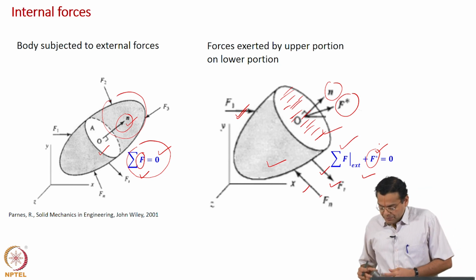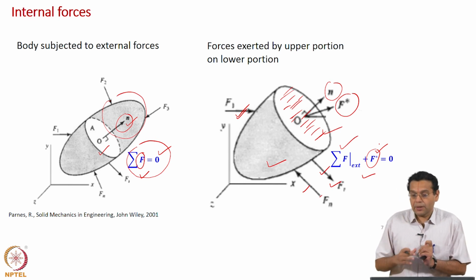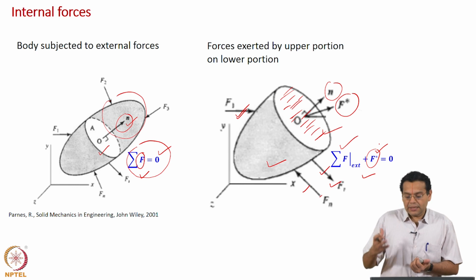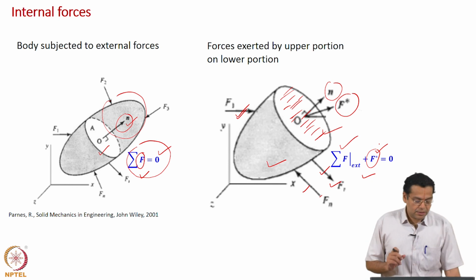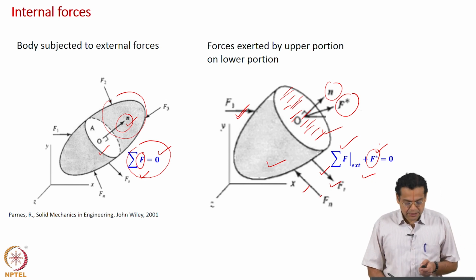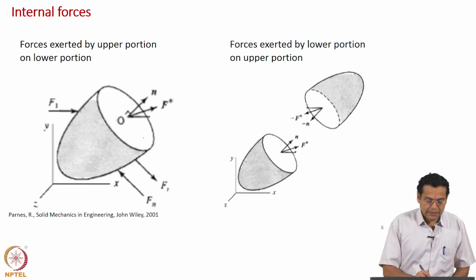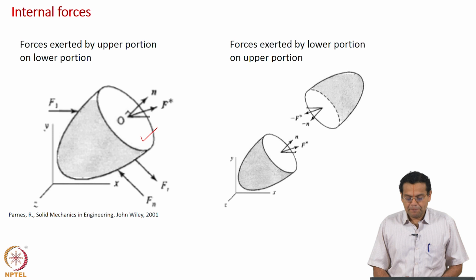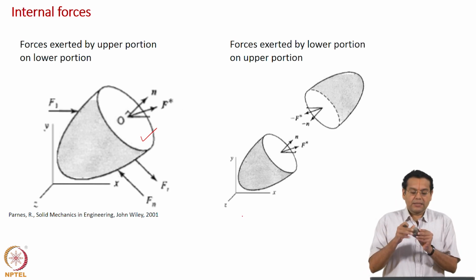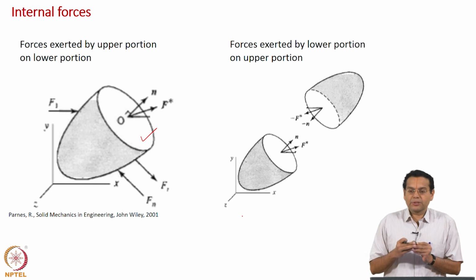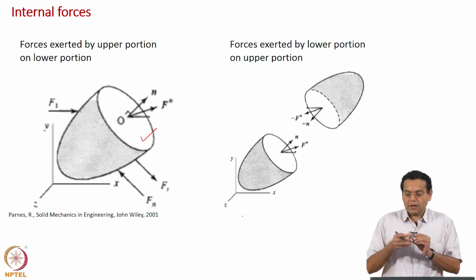So, let us proceed. We have considered a body in equilibrium, made a section at a particular point on a plane at a particular angle represented by the n vector, and considered that also under equilibrium, represented by this relationship. Now, this diagram is the same as what was shown earlier on the right hand side. Let us say we have the body and we consider the lower portion. Now, if you are considering the top portion, what happens? The lower portion exerts a force on the surface of the top portion.